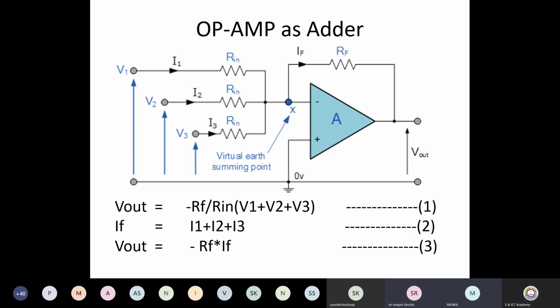V1, V2, V3 are the voltages applied, and I1, I2, I3 are the currents. If you just want to find out the values of I1, because you just want to work with the currents only, I1 value you can write as V1 minus